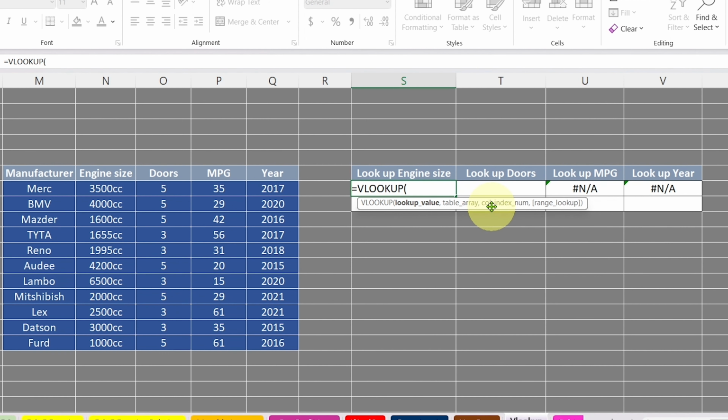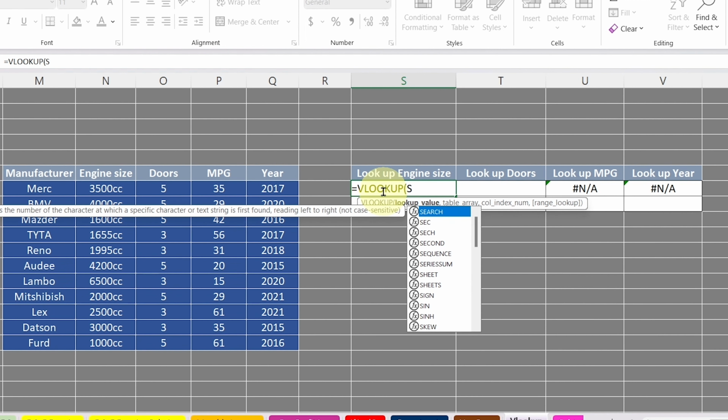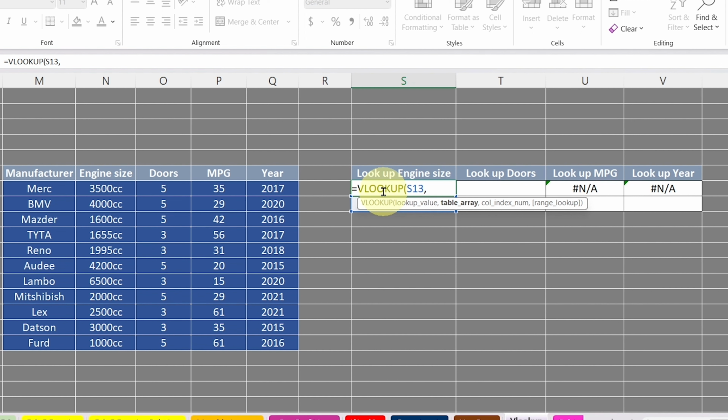Now it is asking what value do you want us to look up. In this particular instance, I don't want to type in one of these vehicle makers here or even reference any of these cells. I want to reference the cell below the function. If I put my data in this cell, then VLOOKUP will reference that data and give me my corresponding answer back. So the cell reference below is S13, comma will go in,